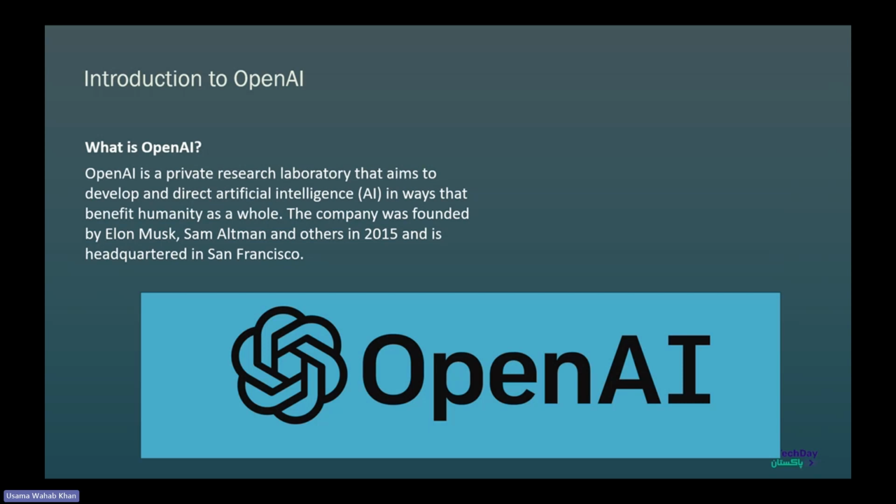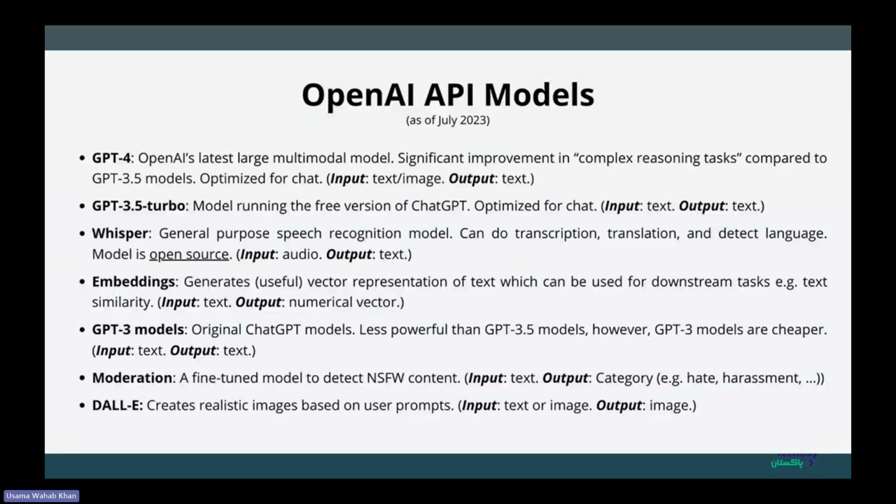OpenAI is a company that used to be a private company and is still a private company. They used to be open source, but now they are closed source, started by Elon and Sam Altman. Now most of their stake is owned by Microsoft and some other partners, and it is now a profitable company, no longer a nonprofit organization, which means it's like any other company that provides services and builds models. Microsoft has a very deep relationship with them and has proprietary access to these models generated by OpenAI, so they can use them in their products. You have seen these models heavily integrated across Microsoft products, from Windows to Office to Teams and everywhere they can. They offer multiple models which have different capabilities.